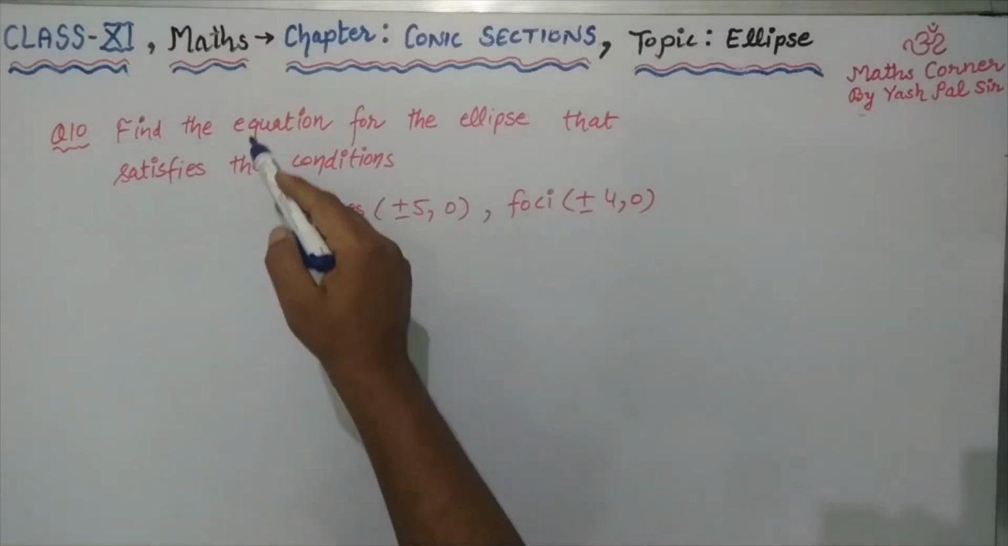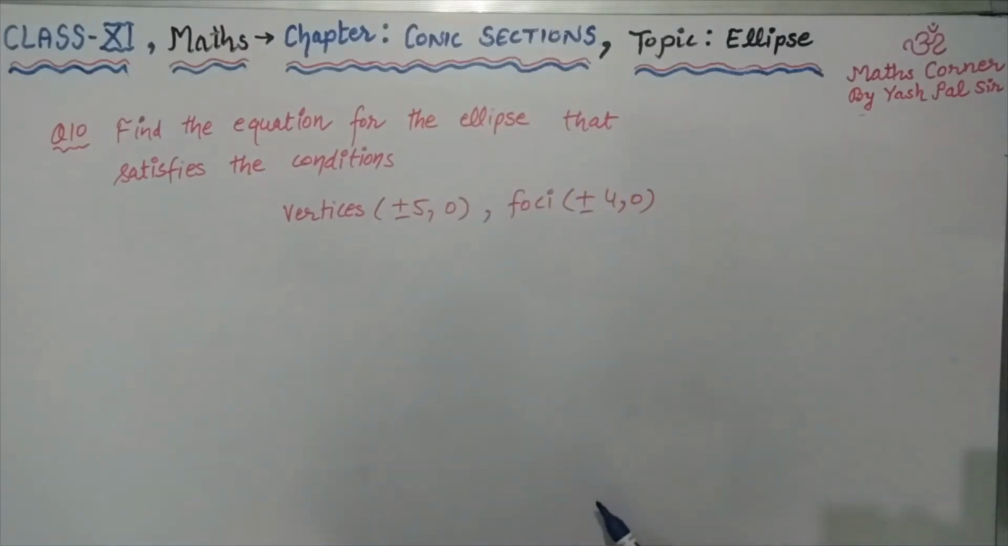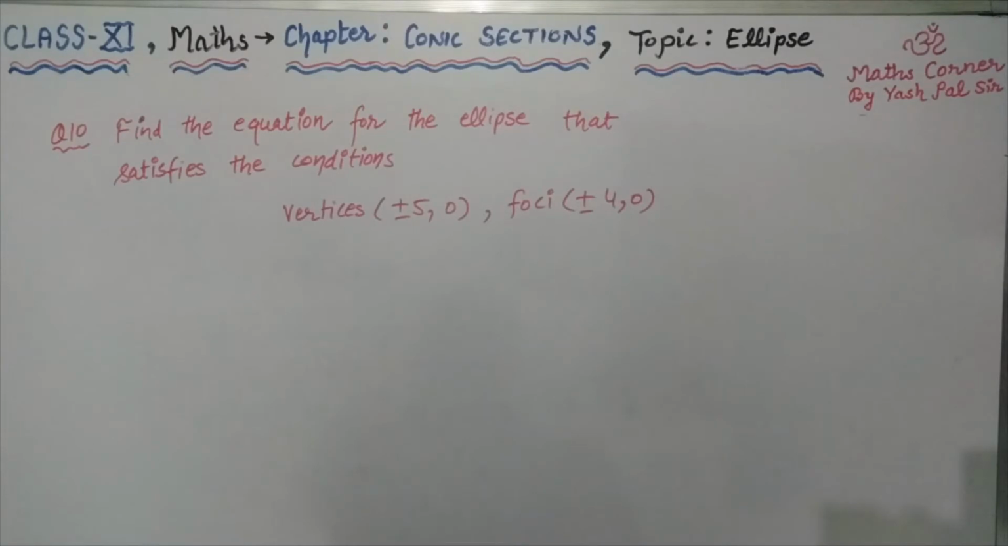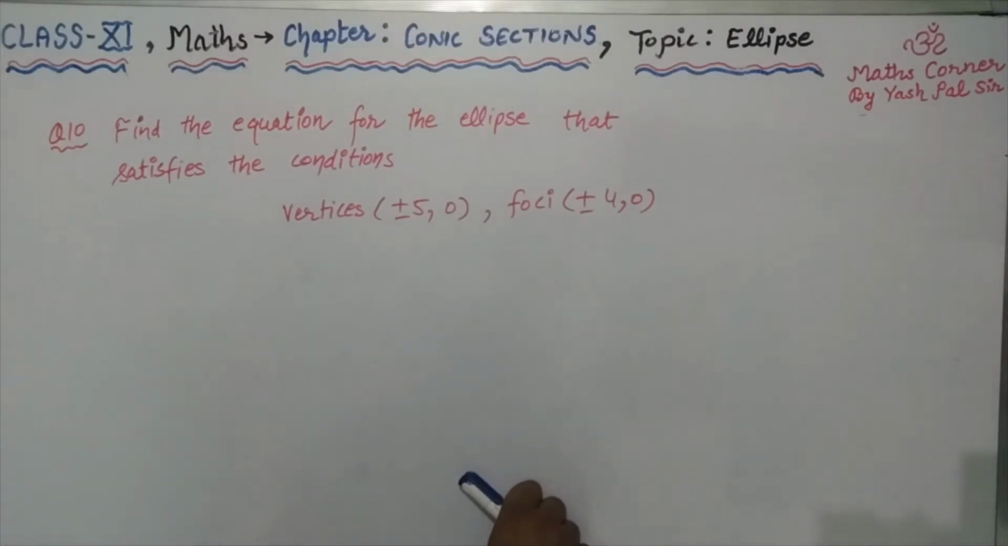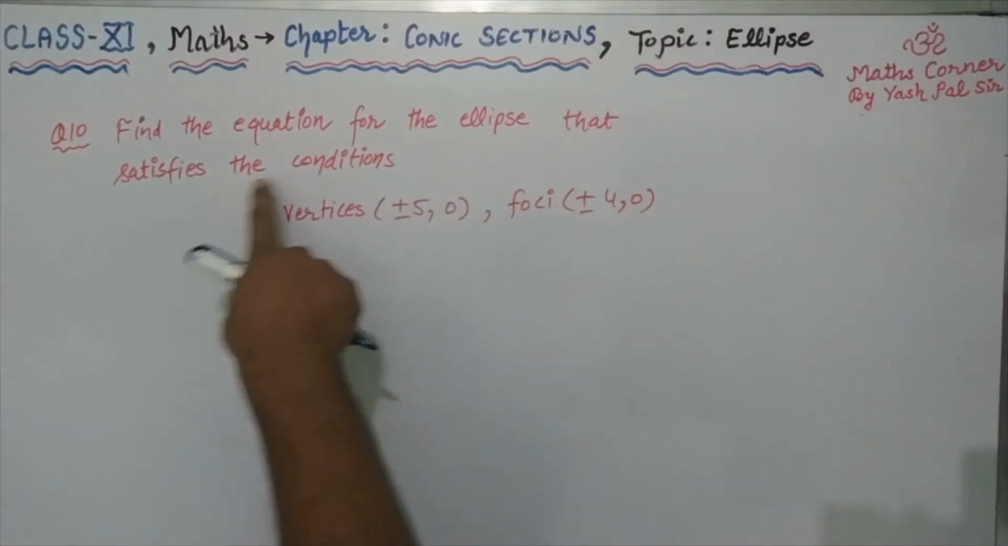Class 11, subject Mathematics, chapter is conic sections, and the topic of the day is ellipse. Second part of the exercise, we are going to start from question number 10. The very first question of the second part: find the equation of the ellipse that satisfies the conditions